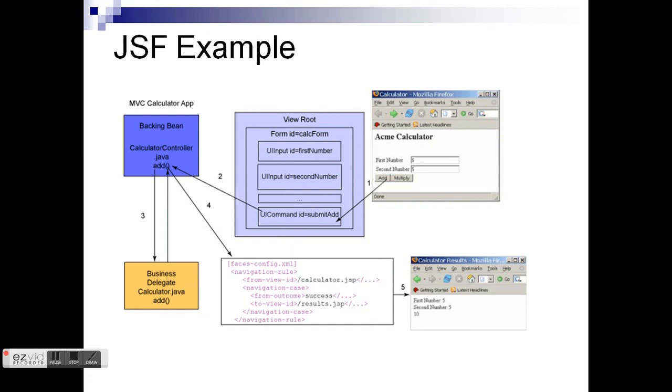Here is an example. When I click on the submit button, this is the user interface input: first number, second number, and an add button. First I click the add button. Second, it has to call the calculator controller's add method from the bean. It has to work with the business logic of add. Here is the calling, here is the execution. While executing this, we have to map. So here is the mapping from your JSP page's view ID, with an outcome of success, and the view ID of the result JSP. Whenever it is successful, we see the output 10. This we have mapped in the XML file.